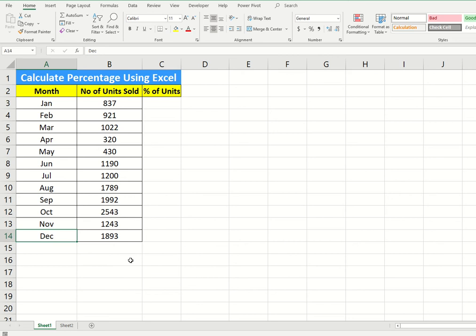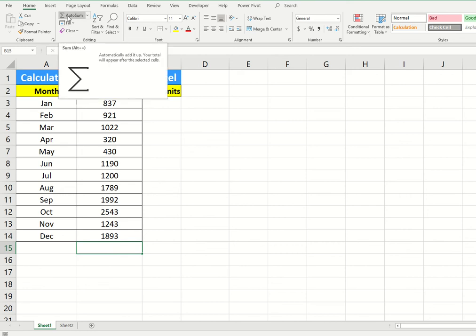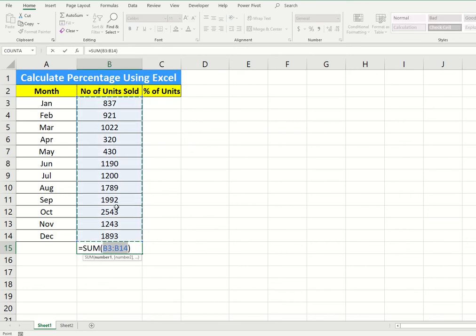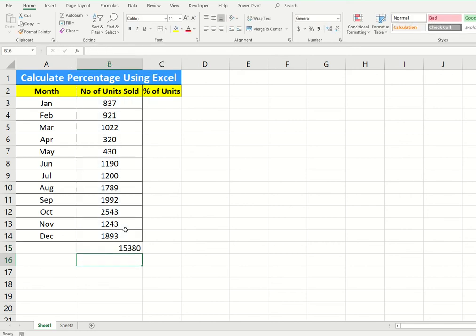For that we can easily calculate using the auto sum that we have already seen in our earlier videos. I will come to the cell B15, and once I click the auto sum, it will give me the total number of units sold throughout the year.